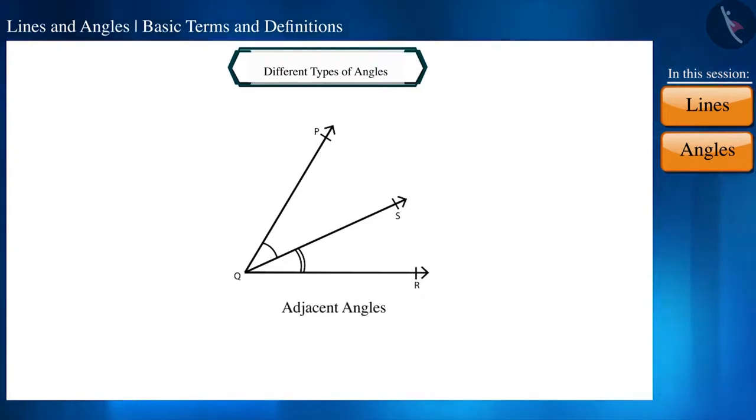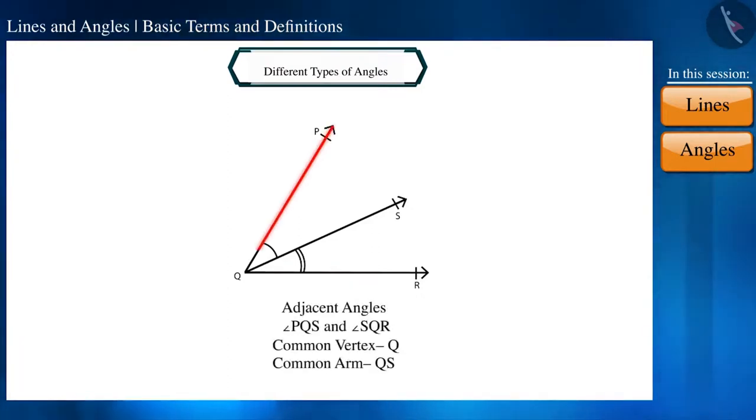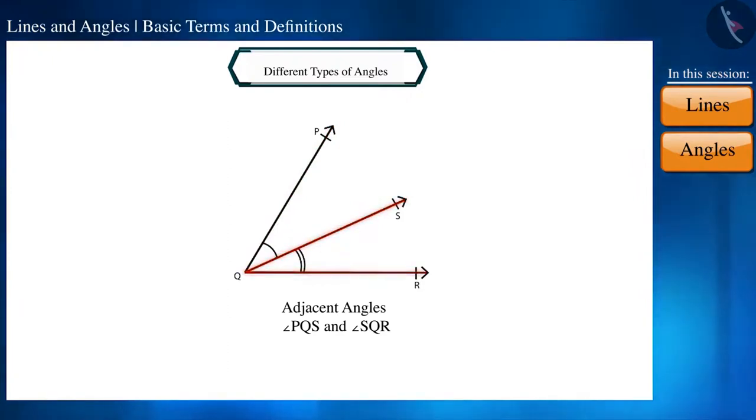As you can see in the figure, the vertex Q of both the angles is the same for angle PQS and angle SQR, and the arm QS is the common arm. And both these sides, PQ and QR, are in the opposite direction of the arm QS. That is why we can say that angle PQS and angle SQR are